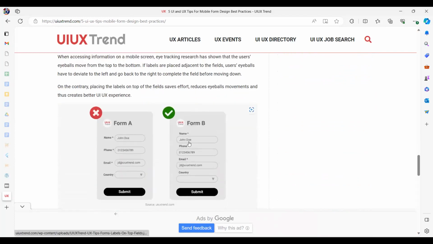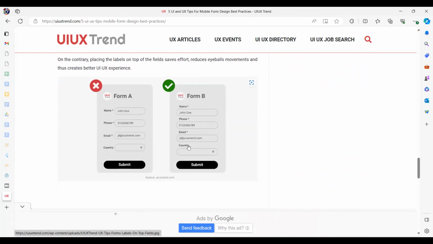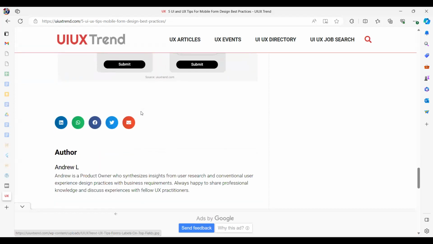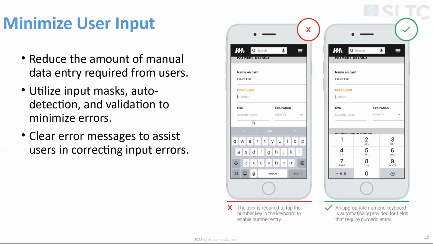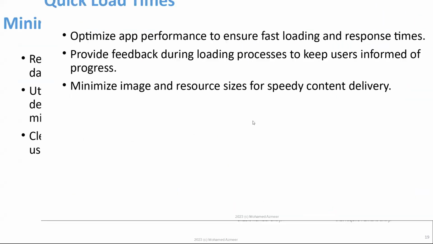And these are two different styles of form design. For mobile phone, this is the preferred way, putting the label on the top, not on the left. Because by putting it on the left, you are giving less space to type to the input element. This is okay for a website, but not okay for a mobile phone. All right, that's on the user input.